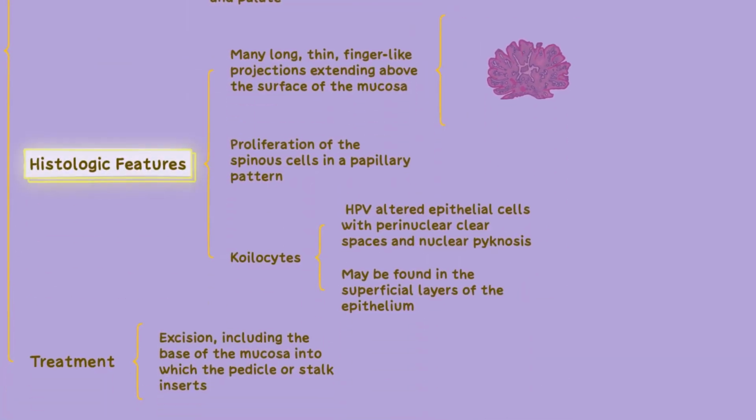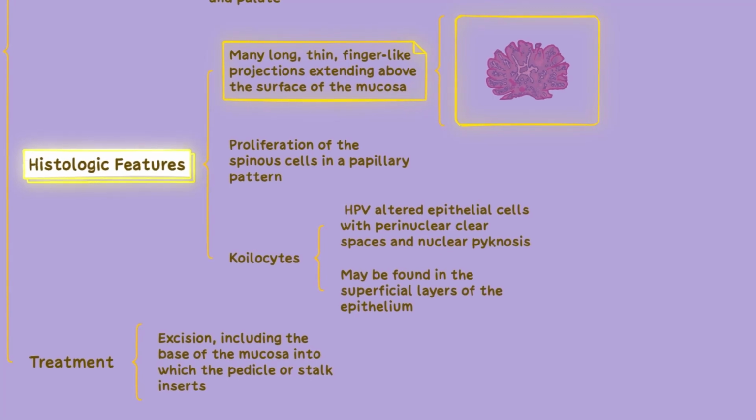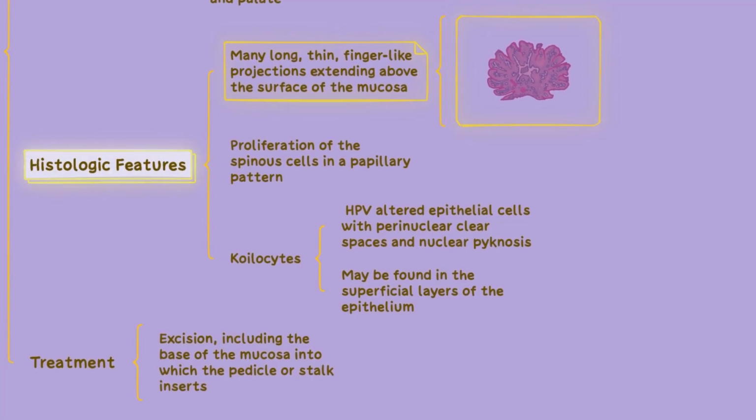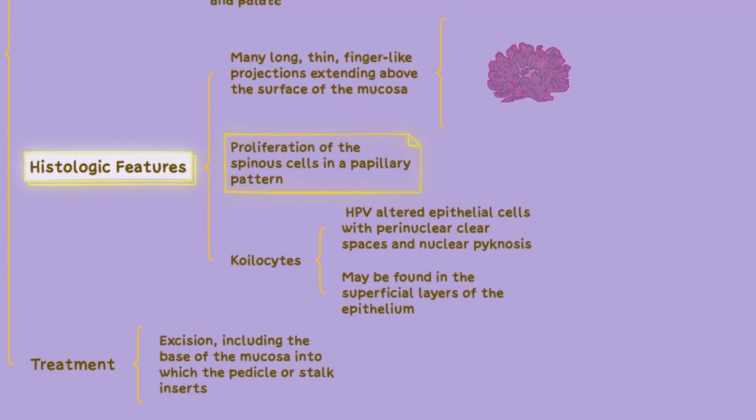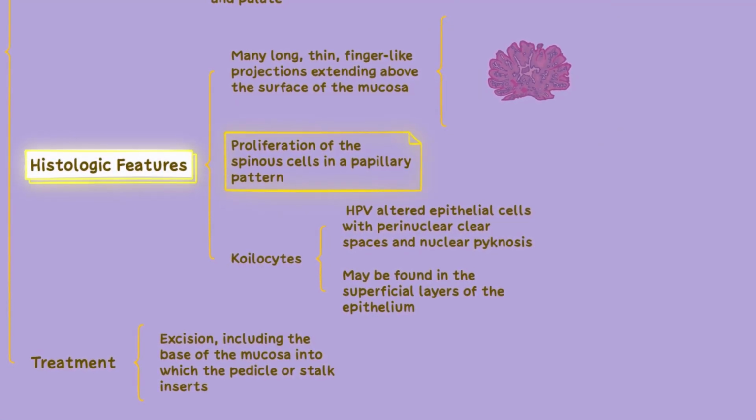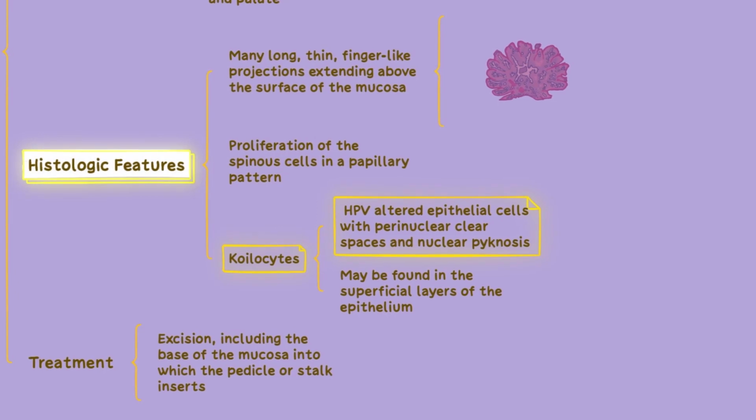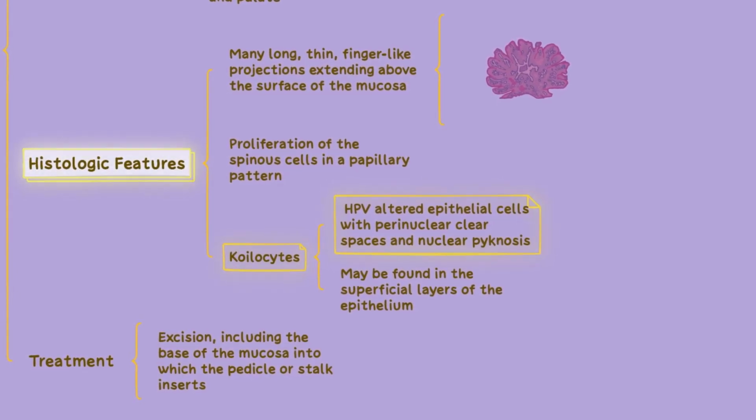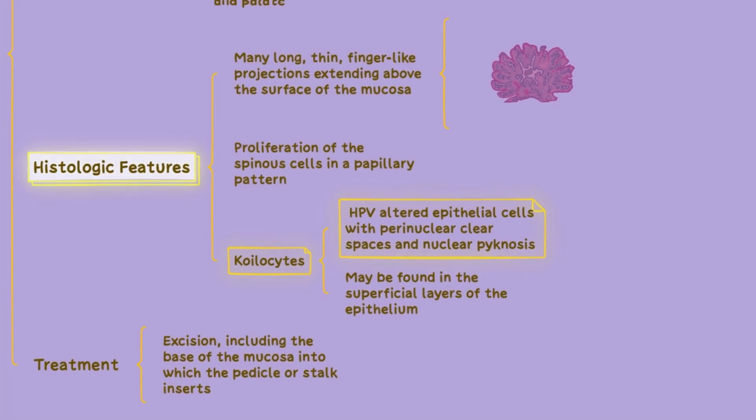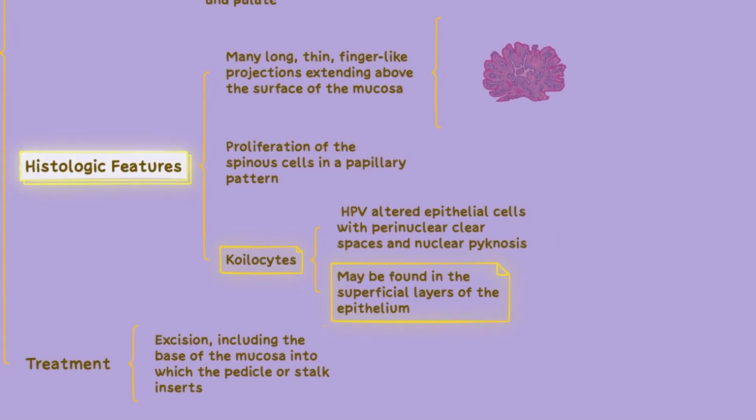Histologically, squamous papilloma shows many long, thin, finger-like projections extending above the mucosal surface. There is a papillary pattern with the proliferation of spinous cells. Koilocytes, which are HPV-altered epithelial cells with perinuclear clear spaces and nuclear pyknosis, may be found in the superficial layers